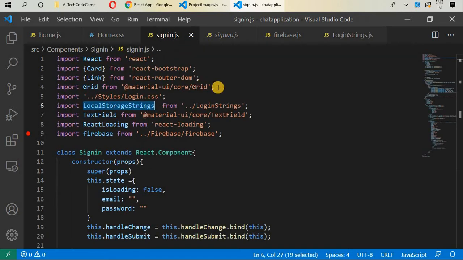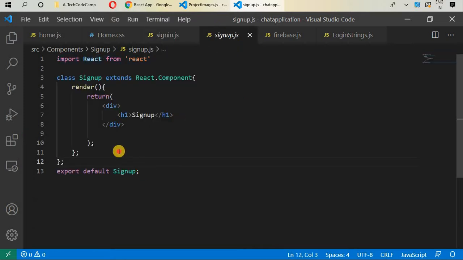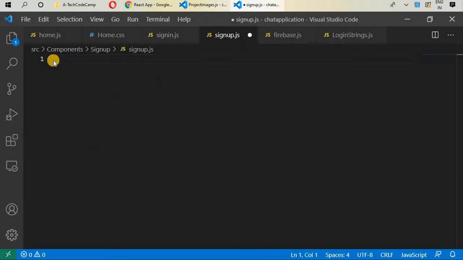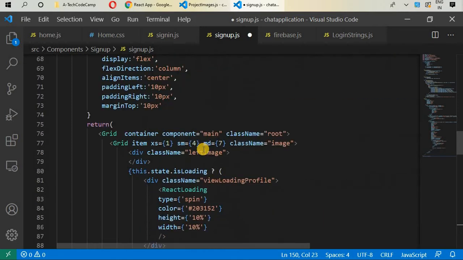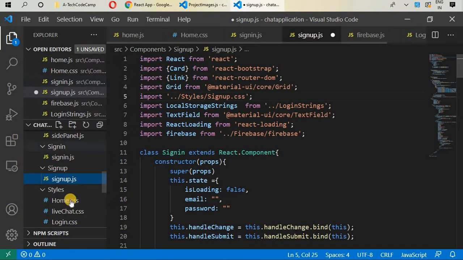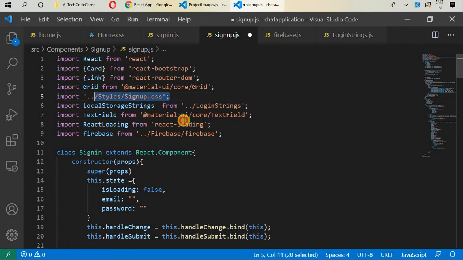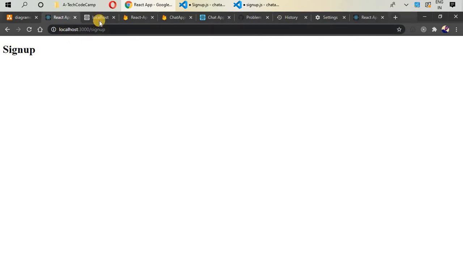Go back to sign in and copy this whole code and paste it in here. Remove this, paste it here. So we need to change a couple of things. Go above at the top of this sign up page and add signup.js. Okay, or if we go inside styles, we have written it as signup.css. So same in the case here. Rest of the things will remain same. And if we go back in here,